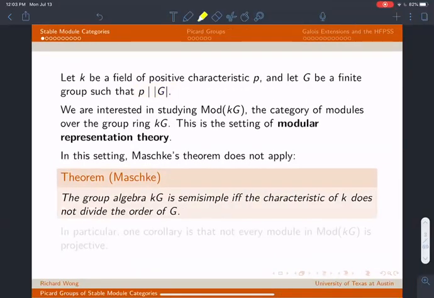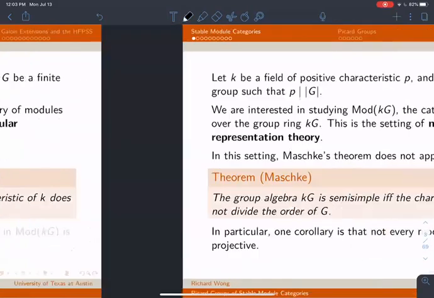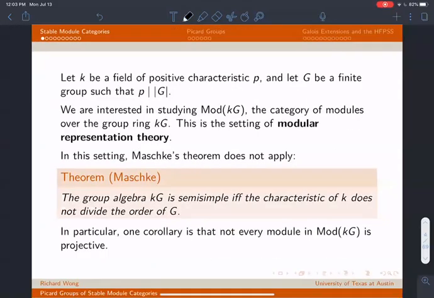What Maschke's theorem says is that the group ring is semi-simple if and only if the characteristic does not divide the order of the group. The proof of this involves, well, to prove Maschke's theorem, you divide by the order of the group, which you can't do in this case. But the more important corollary is that not every KG module is going to be projective if Maschke's theorem does not hold. And so one thing you might ask is,